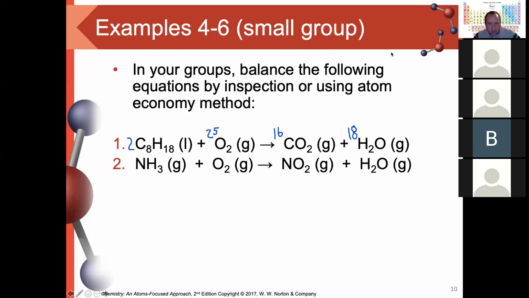Now for the second one we're going to have to do, again, a similar kind of process. Now, this one is also a combustion reaction. It's also going to have a little bit of trickiness to it because of that. If I just start by writing out what I have,